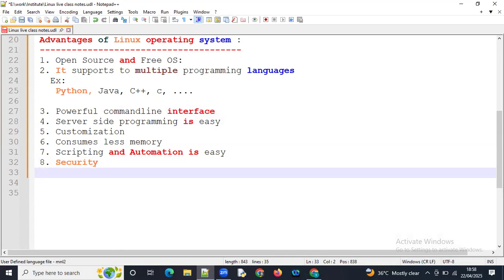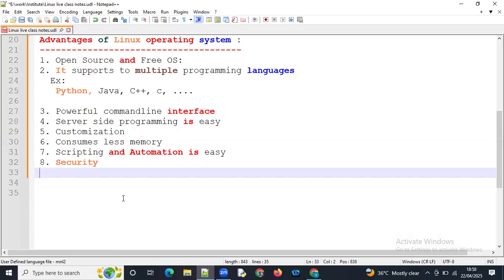It is very secure, because in the Windows operating system most people use a GUI, that is a graphical user interface, but in the Linux operating system we use the CLI, the command line interface. Most Linux users use the CLI, which means we have to use commands for interaction.